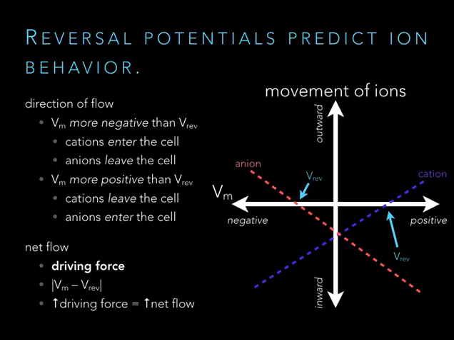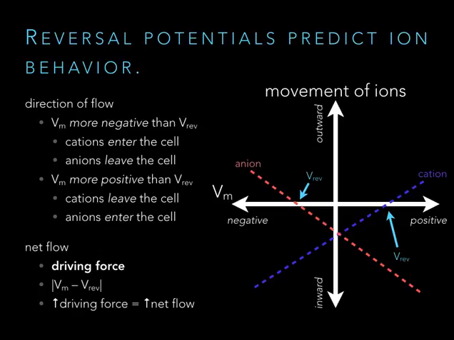Cations have a positive charge, and they're attracted to that. Anions will leave the cell if we're more negative than their reversal potential, because the negative charge will repel the anions. Conversely, if the membrane potential is more positive than the reversal potential, then cations will leave and anions will